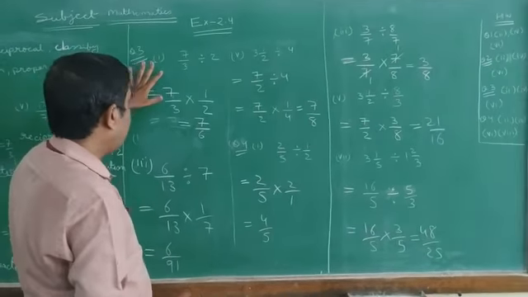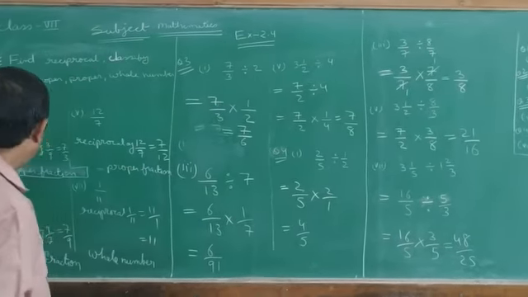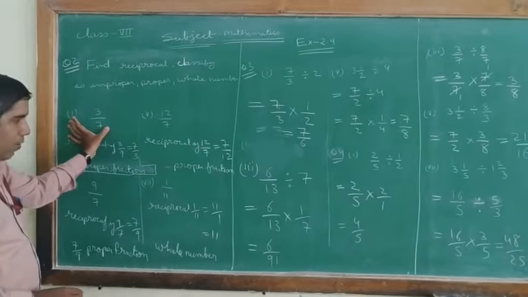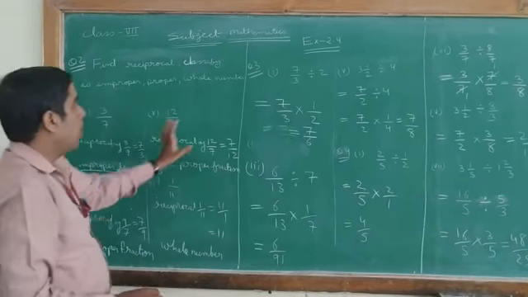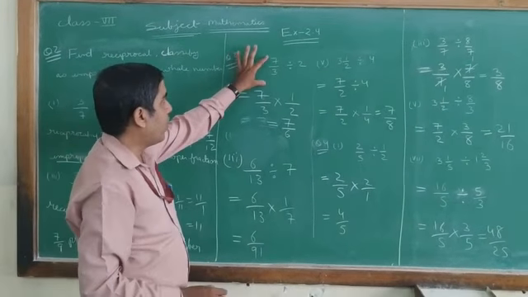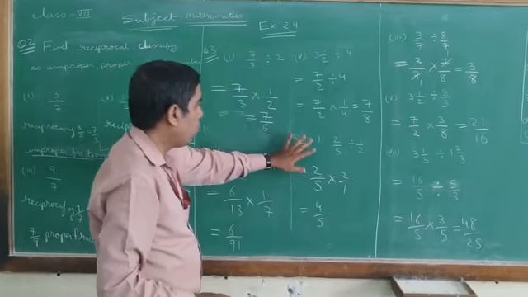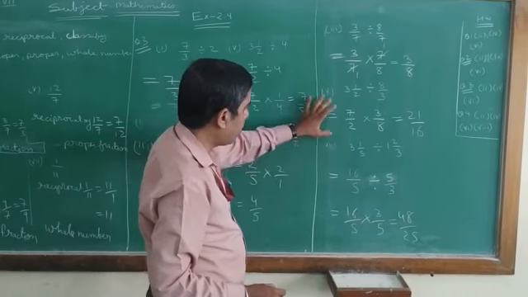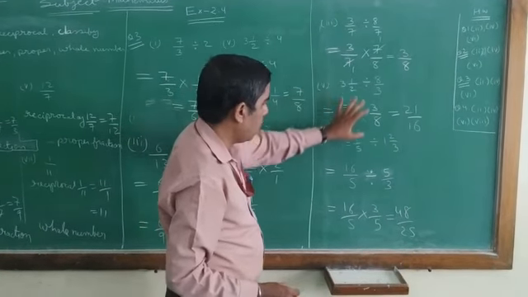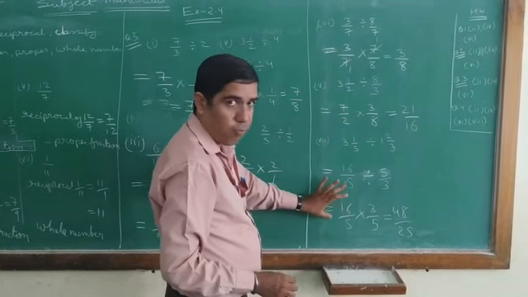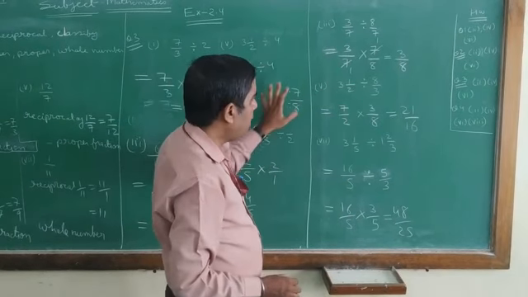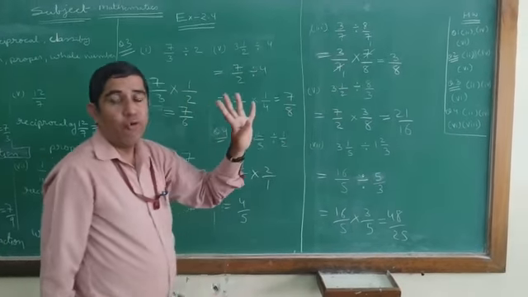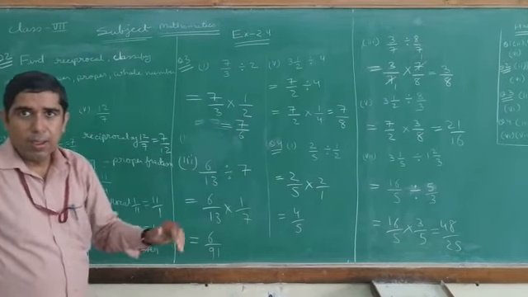I'll discuss once again with you. All the parts are there. You can see here in question number 2, I have found the reciprocal. In the third part, I am dividing a fraction by a whole number. In the fourth part, I am dividing a fraction by a fraction. And here in the last 2 parts, mixed fractions are given. So we have to be careful in this way. And mostly it is based upon the 4 points that I discussed in the start.